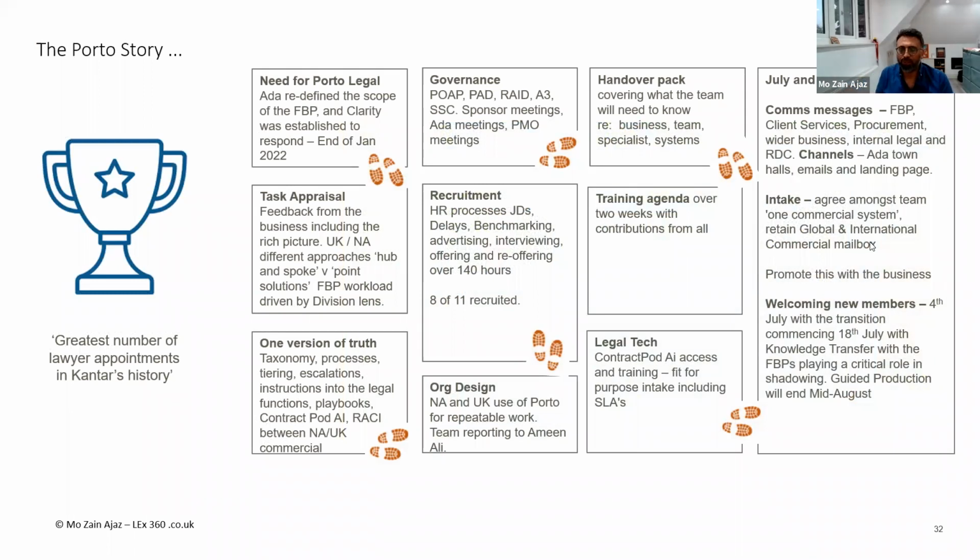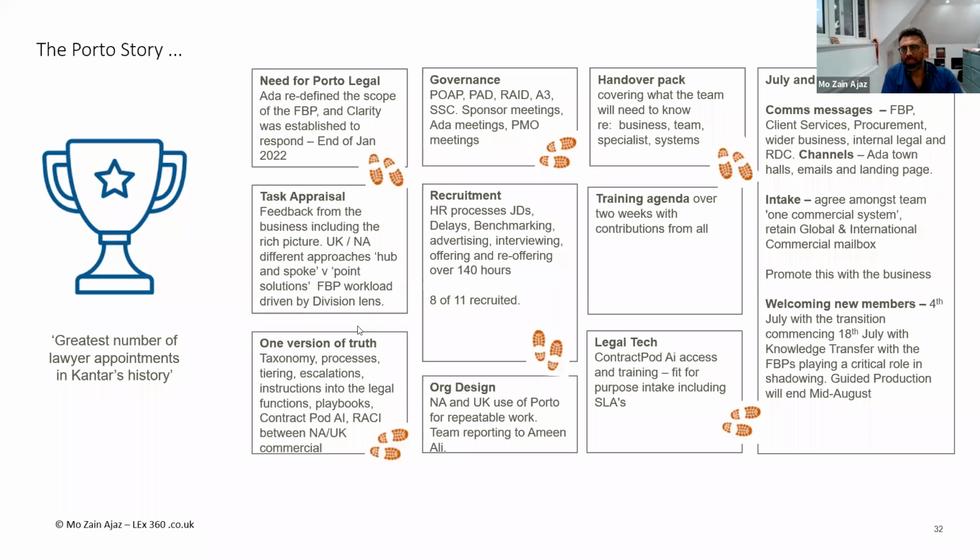So you need to think about what's the vision for this thing. How does it align to the greater good that we're trying to do? How do we bring the stakeholders in? What is the process element? What's the project management element? What's the change management element? And how do we visually show that?